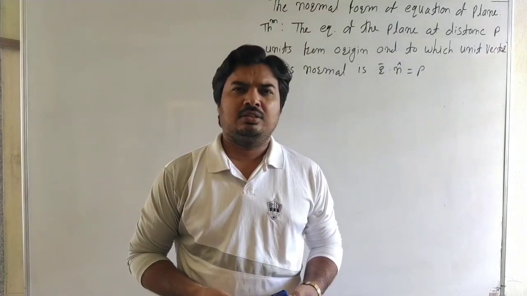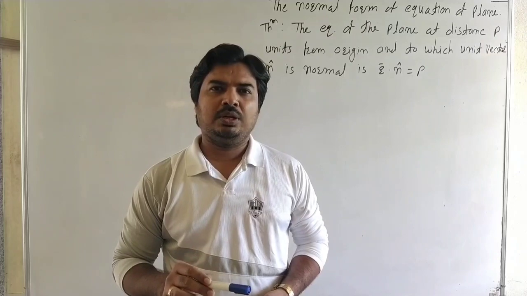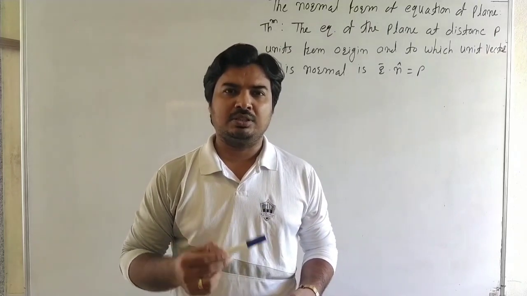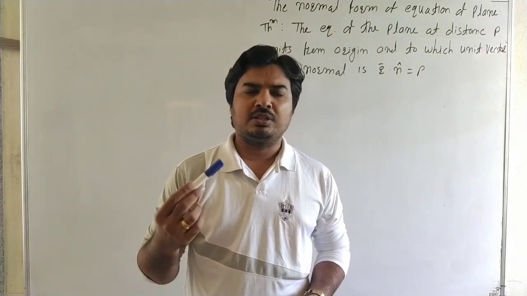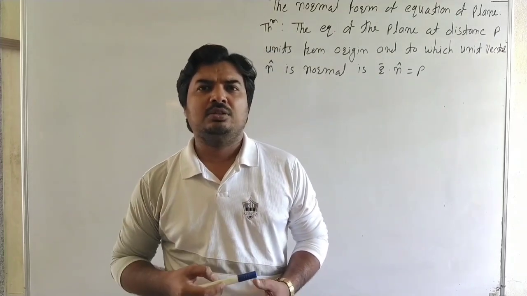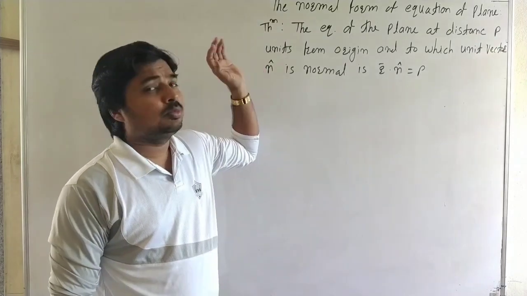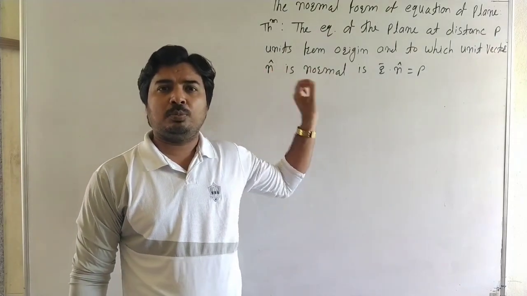In the previous lecture, we discussed several types of the equation of a plane: the equation of a plane having a perpendicular vector and passing through a point, the equation of a plane passing through a point and parallel to two vectors, and the equation of a plane passing through three points. Now, today we discuss the next form of the equation of a plane,